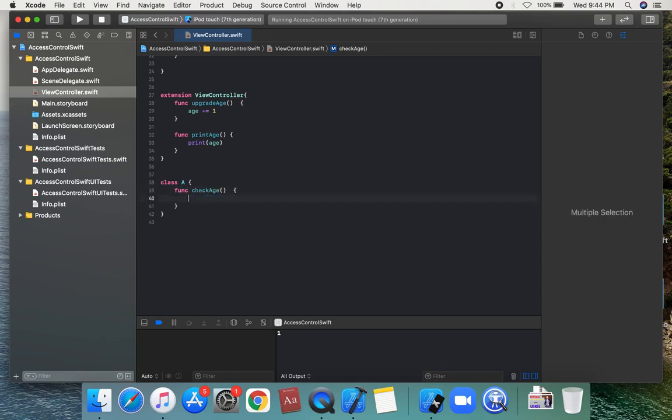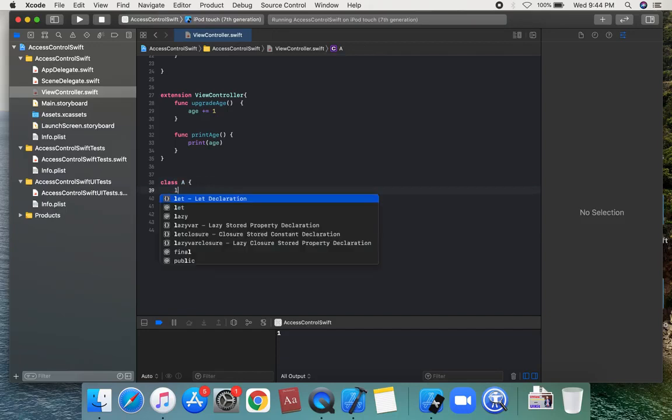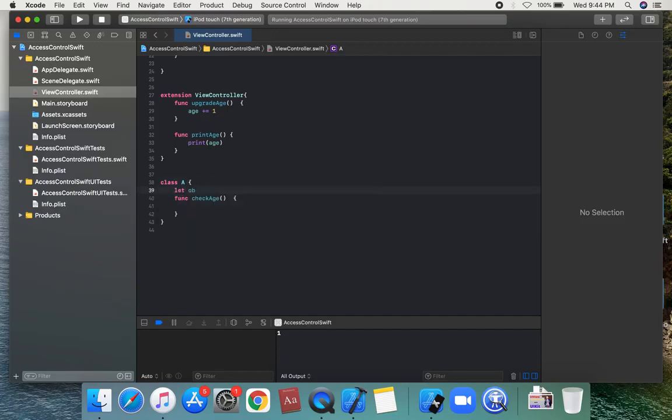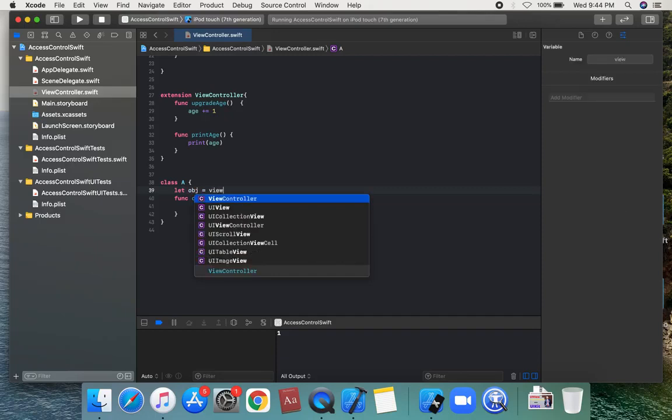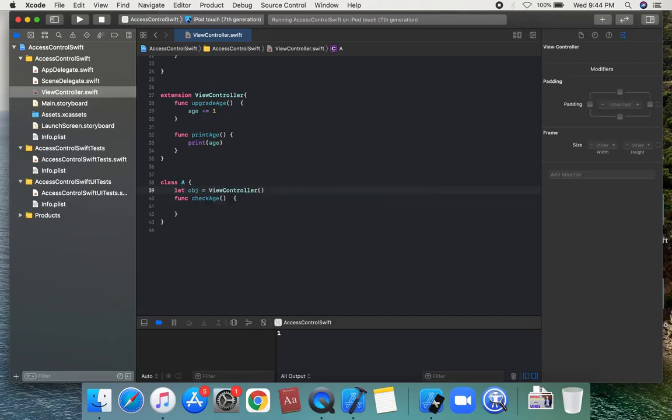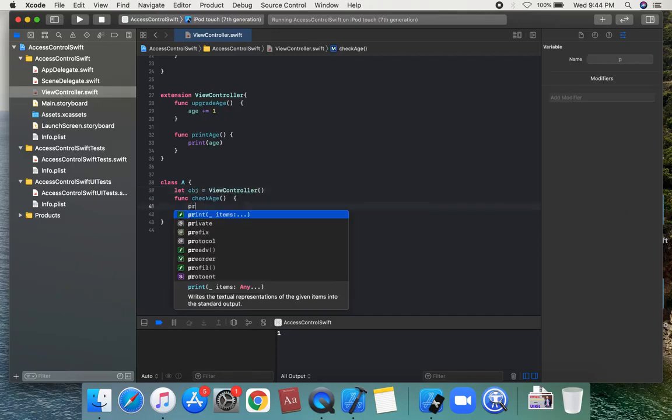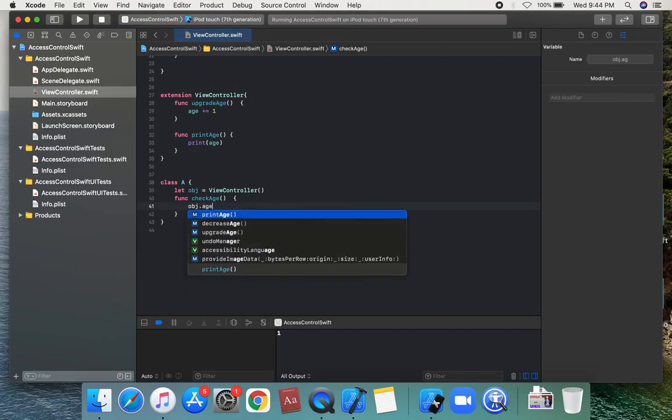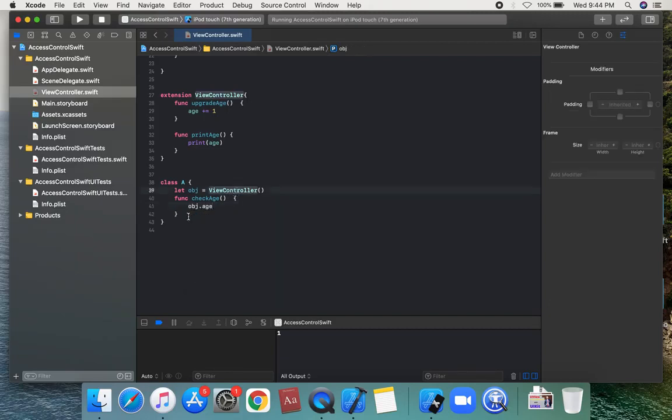We're gonna create an instance of our ViewController: let obj equal ViewController. And when we call obj dot age, we get this error: age is inaccessible due to private protection level.